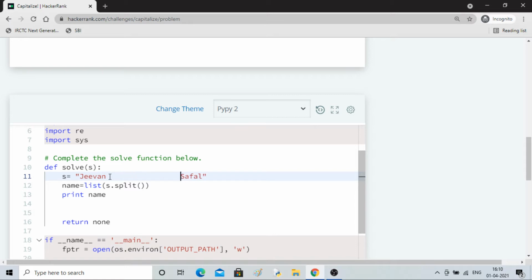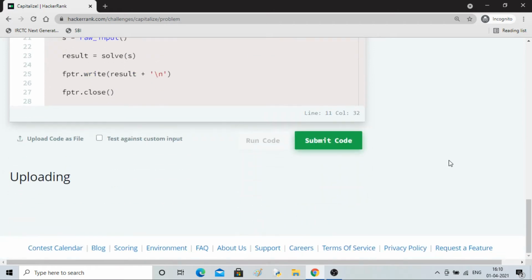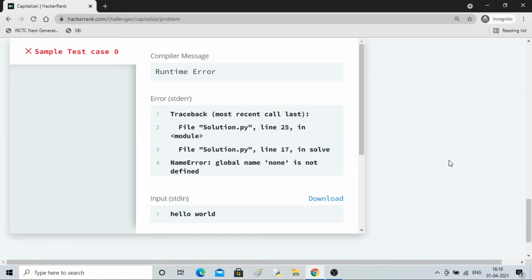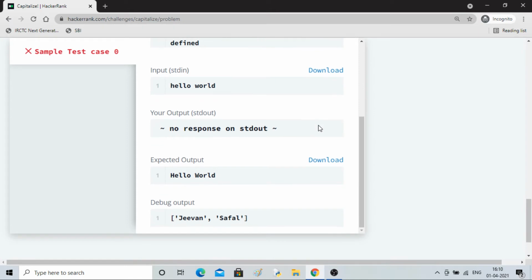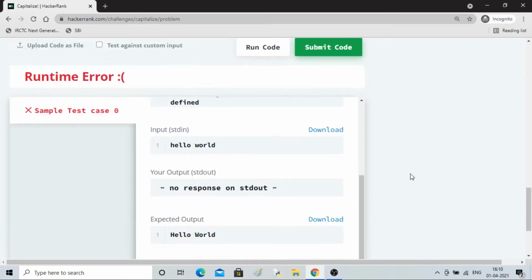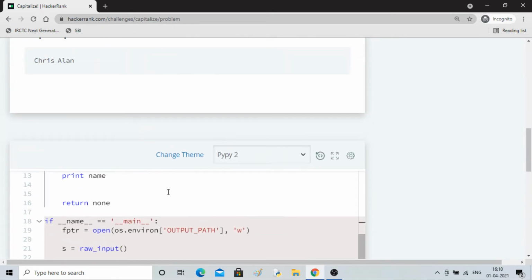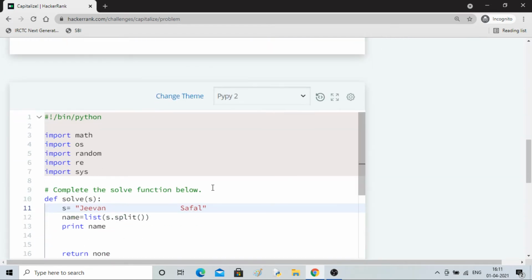There is a lot of spaces and then I am using split, still you will have the same answer. Okay, and in the test case you have seen that we have to preserve this space, and what split is doing, it is losing this information which I can't gain back. If I join the string again, I can't join with this much space. It will only have one space and it will join these two guys.